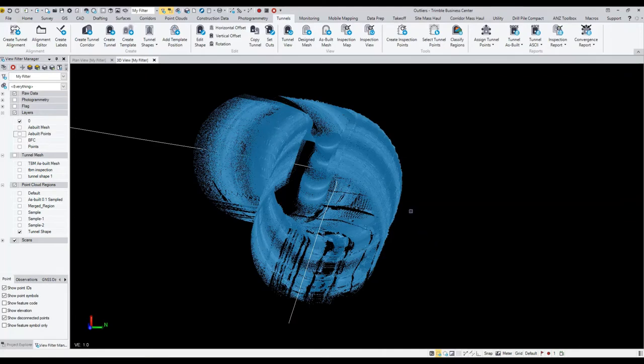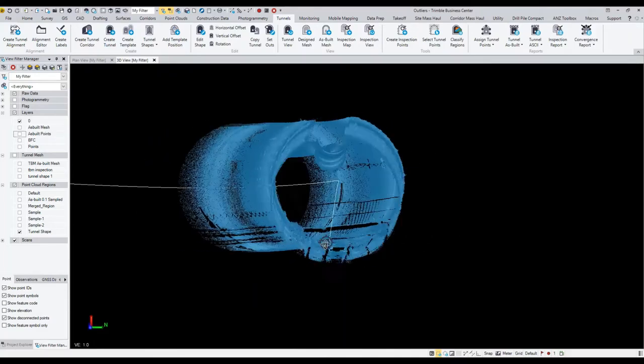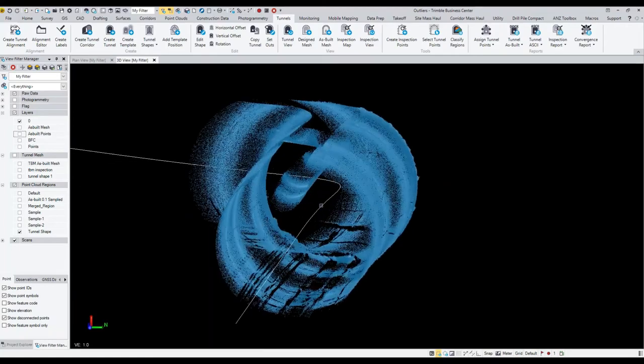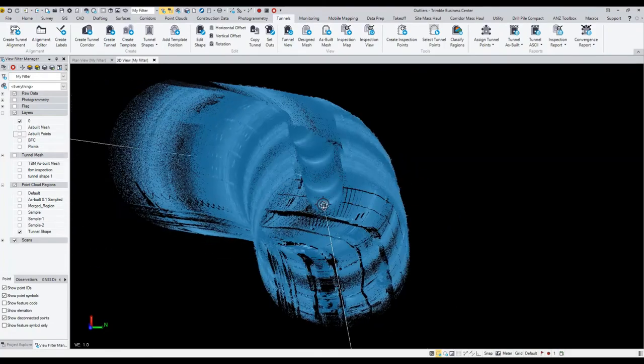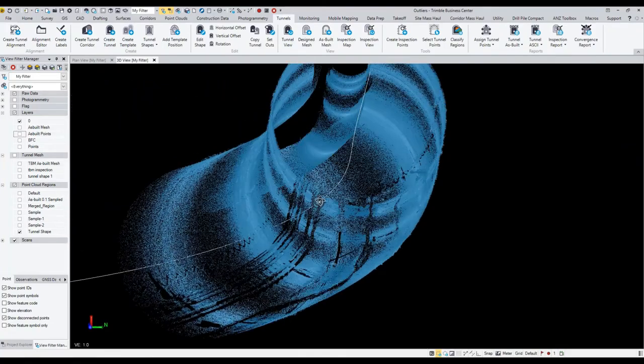Okay, and so now that we've seen the new best fit center, best fit circle reporting options in TBC Tunnels, we can also take a look at what those outliers really mean. So in this situation, I have the same tunnel data, but we can see this ductwork running at the top here. So in this situation, I haven't removed that point, haven't cleaned that part of the point cloud, and so